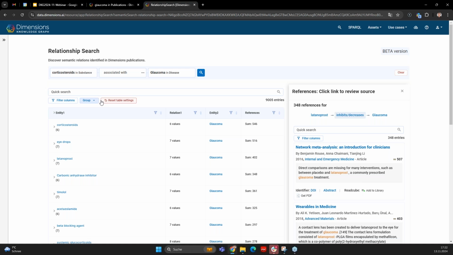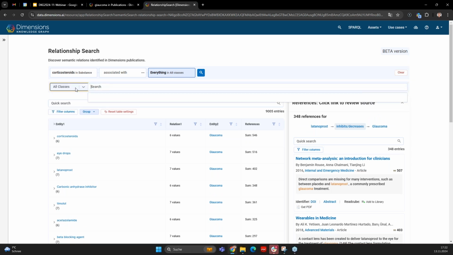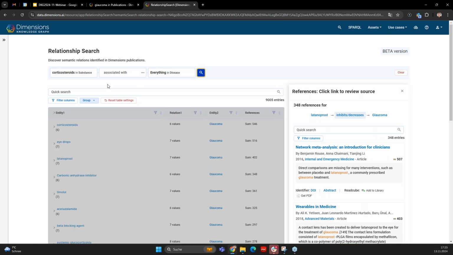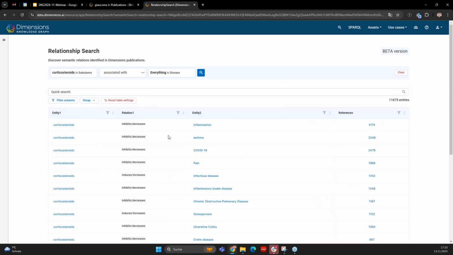We are now not only looking at glaucoma, but we may be interested in any disease that has, let's say, a connection to this substance. The fact that it takes a little bit longer tells us that there's a lot. What we see here is for the first relationship, we already find 4,100 documents. And this is giving us, let's say, another important